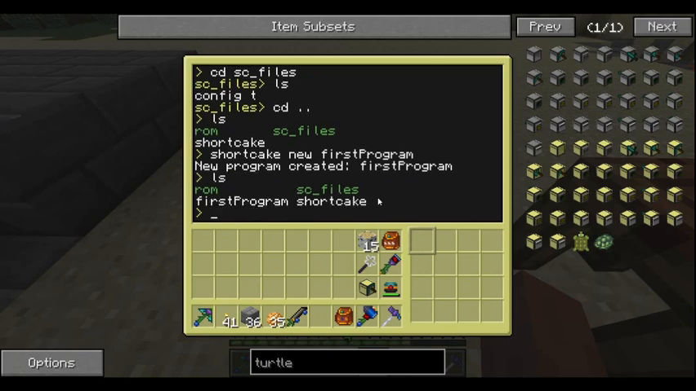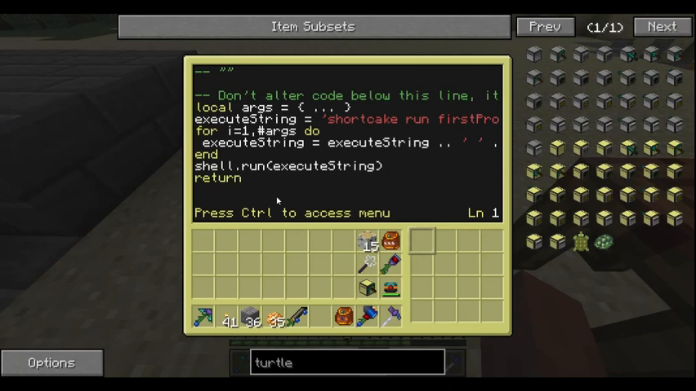So now if we list stuff again, we see that we have a new program here. So let's edit that. Edit first program. Alright, so now we see it already has some contents in here. It says don't alter code below this line. What this essentially does is it runs the code you put up here through the interpreter, which turns it into